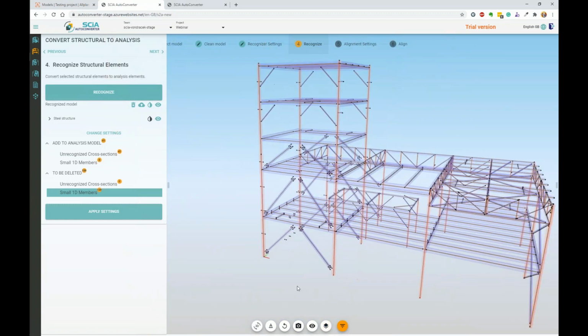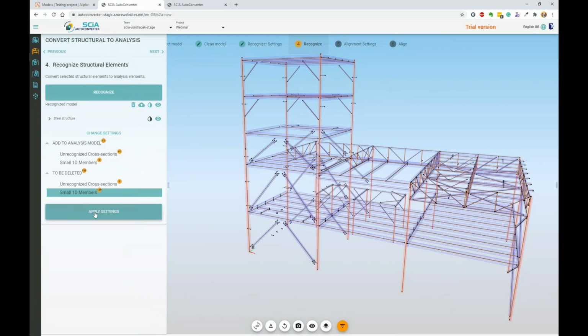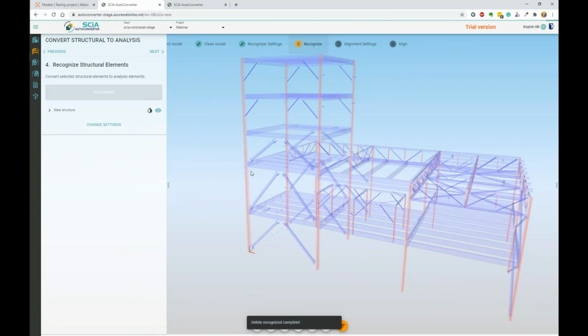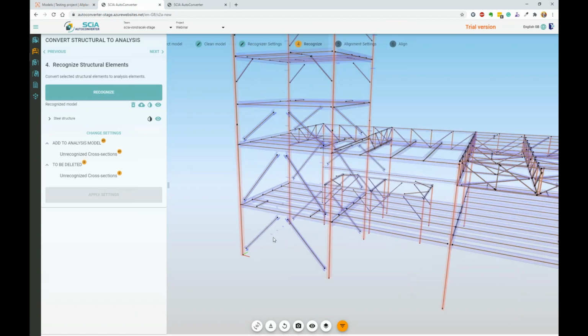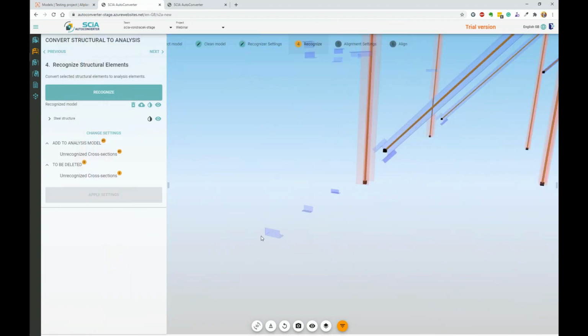And when I now carry on, those 1D members are going to be excluded from the recognized model, and the recognizer runs again, but without those small objects. Yeah, they are gone. If I zoom a little bit, I can see this transparent thing is just the reference to the structural model, and these brownish lines are actually the recognized model, the first instance of the